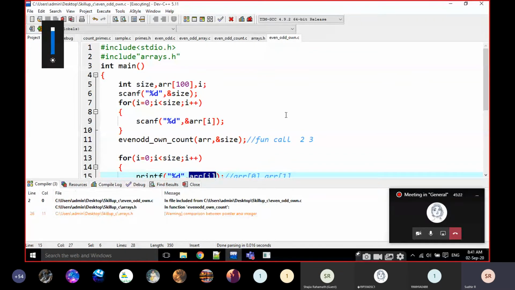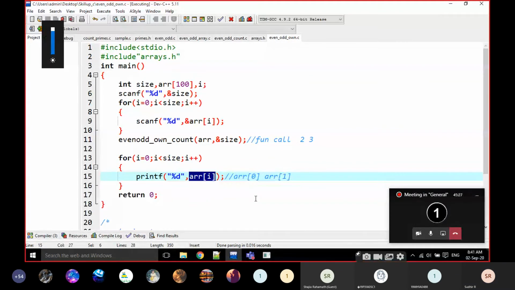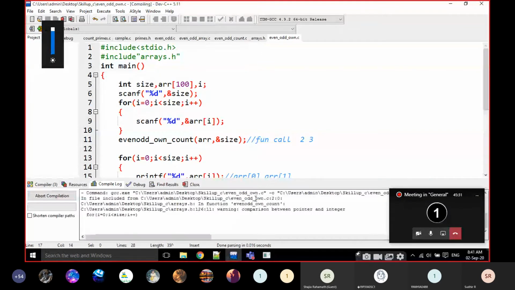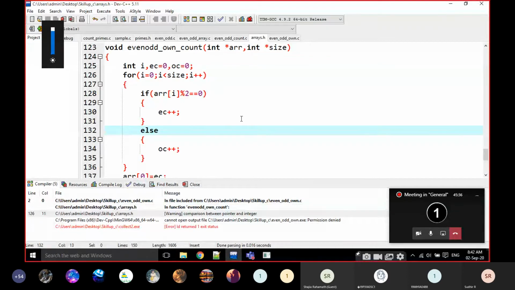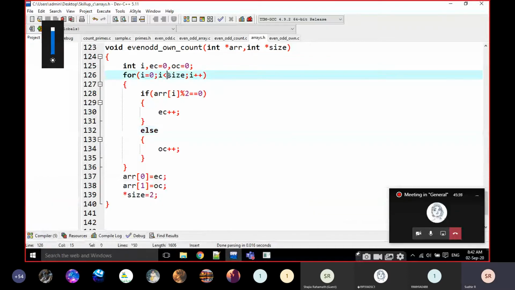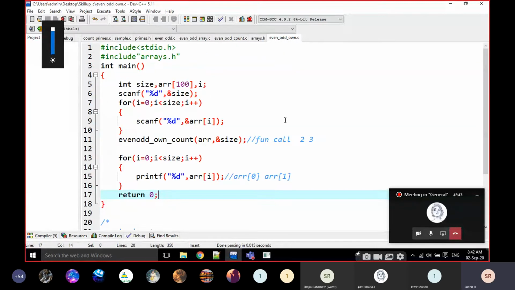Here this is star, right? Star size, not size normally, it is star size.